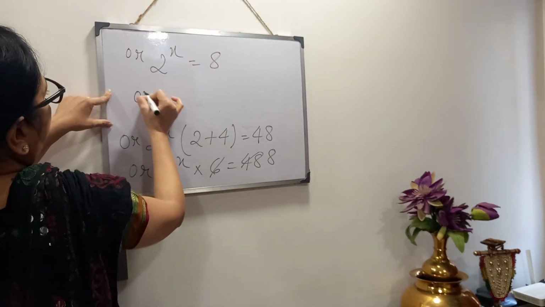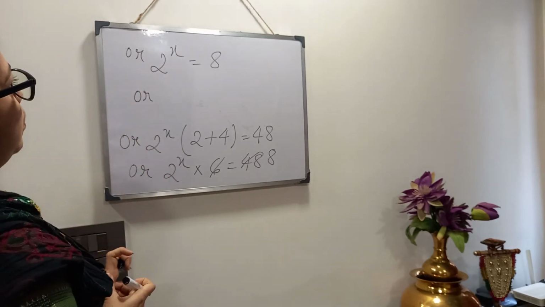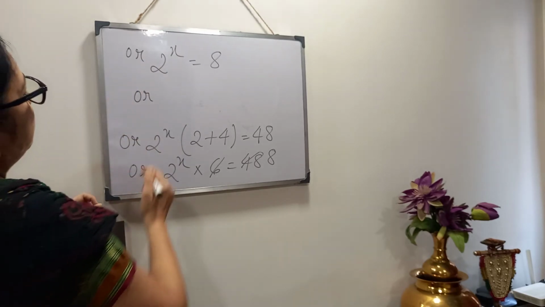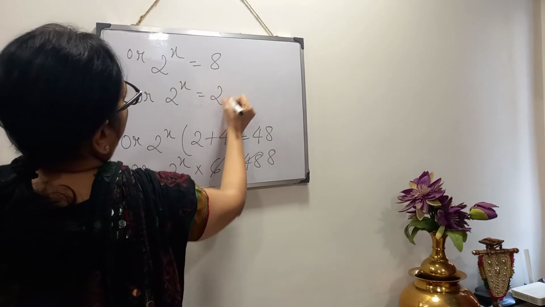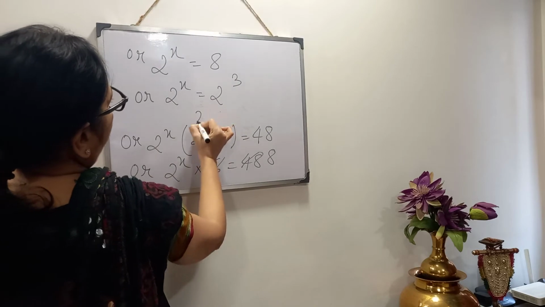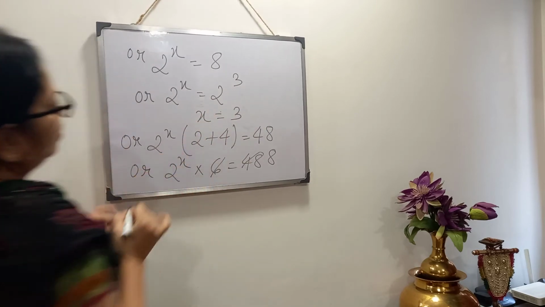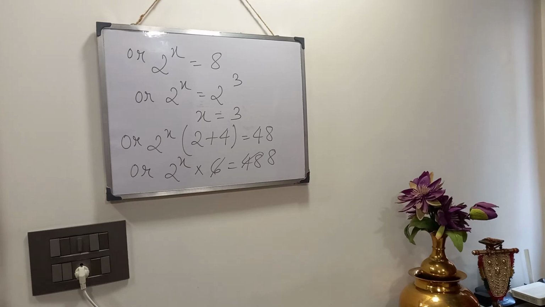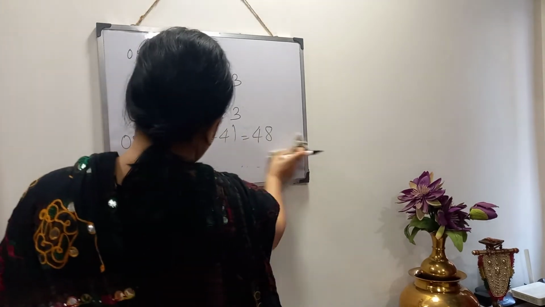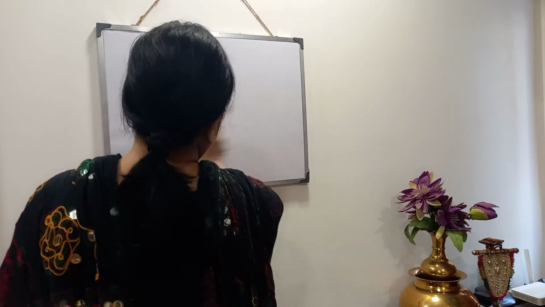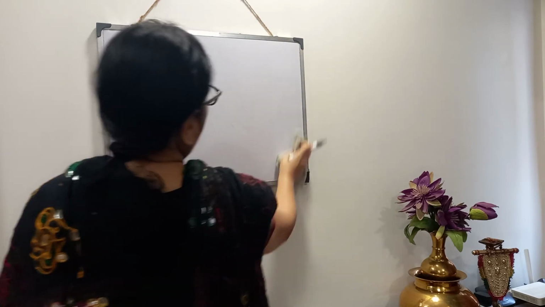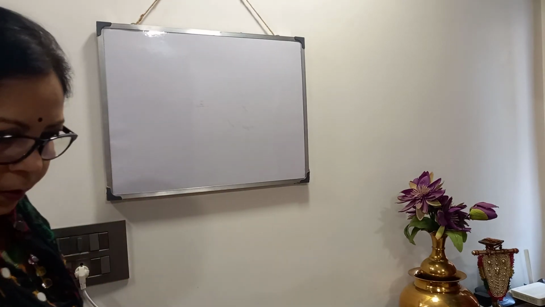8 means in left hand side your base is 2. So in terms of 2, 8 means 2 cube. 2 twos are 4, 4 twos are 8. So it is becoming 2 cube. Again base same, therefore power will be equal. So your solution is x equals 3. Clear? The next one,